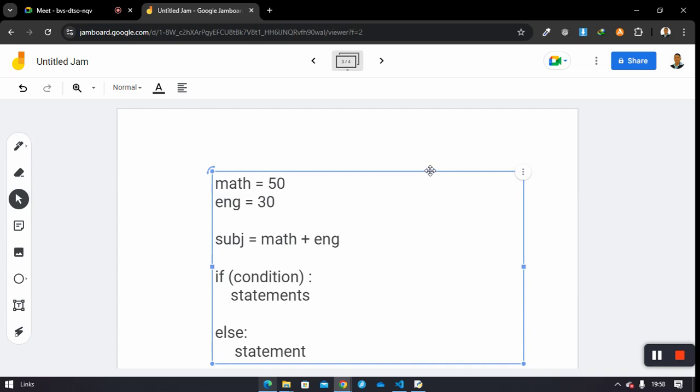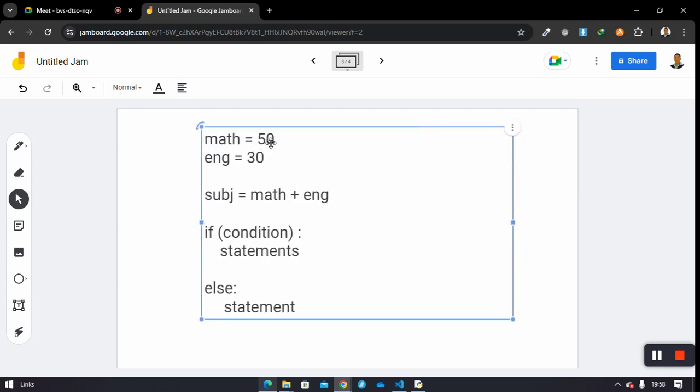So you say math is 50, you say English is what? 30. You now say subject equals to math plus English, or you can say subject total. Subject total equals to math plus English, which is going to definitely be 80. Now you have to come and put a condition here to confirm something and say if subject total is equals to or less than, or is less than equals to